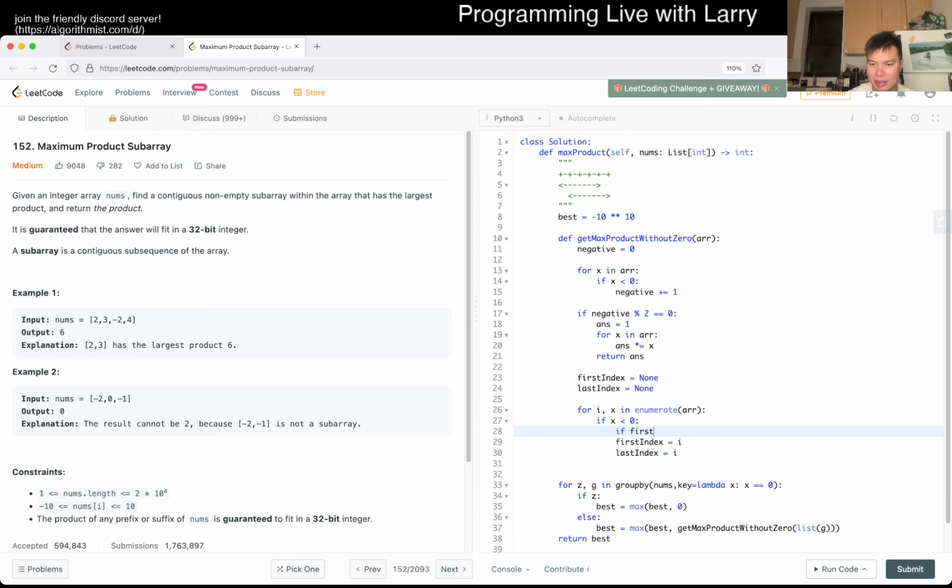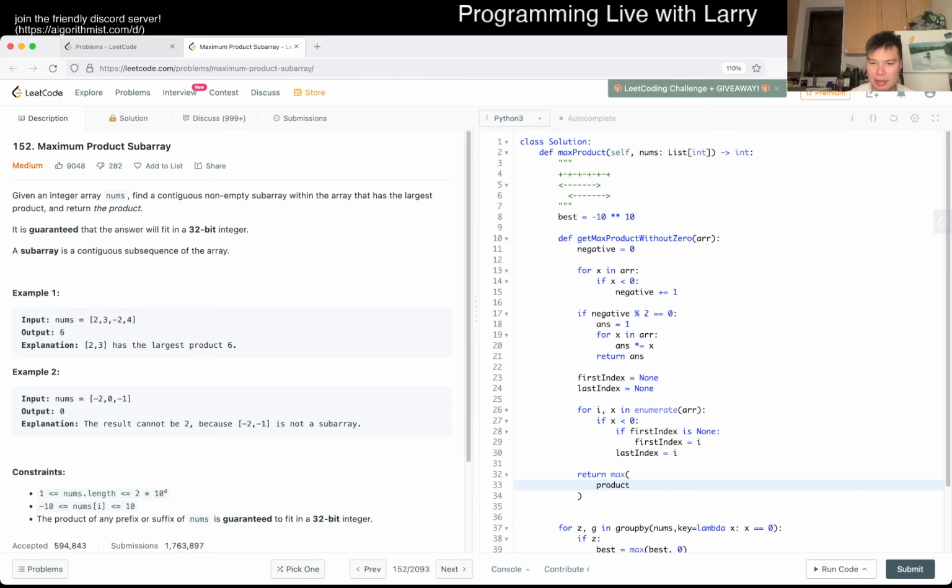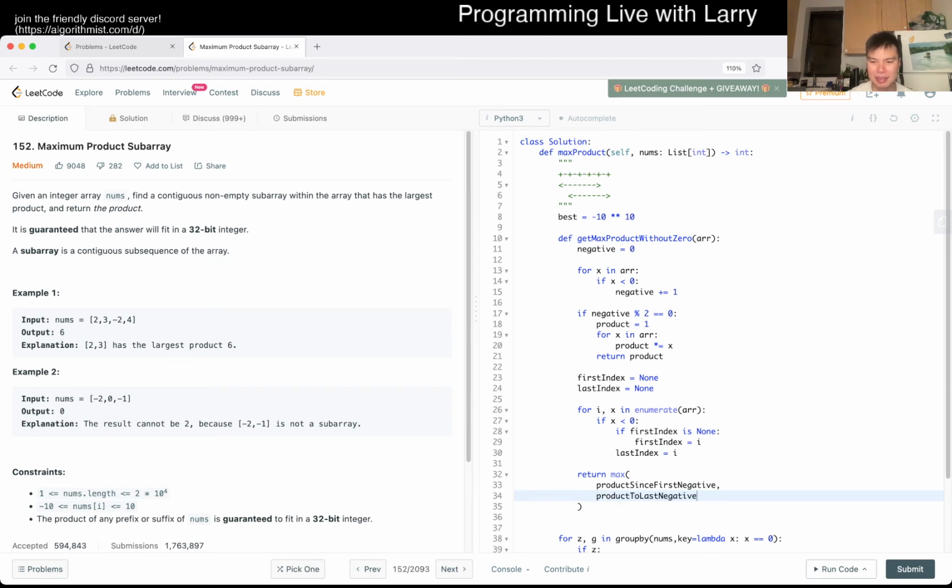Here, only if first index is None, right? And then now we can return the max of two things, right? Product. Let's also call this product because that's what it is. So product from the first negative, and then product to the last negative maybe. And maybe this is from. Okay, so then let's start with